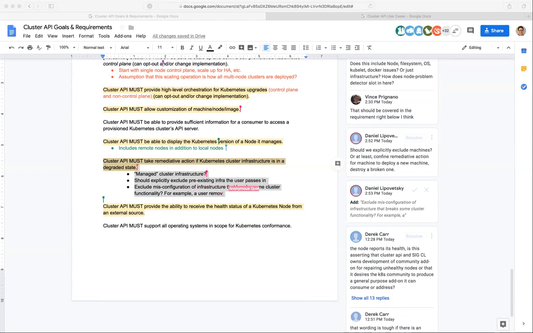So Derek, there is going to be a set of infrastructure components and pieces that Cluster API providers will create. They will create EC2 instances, VPCs, security groups, whatever else you do in AWS. And assuming you are allowing Cluster API to make that stuff for you, I don't see why you wouldn't allow Cluster API to reconcile it.